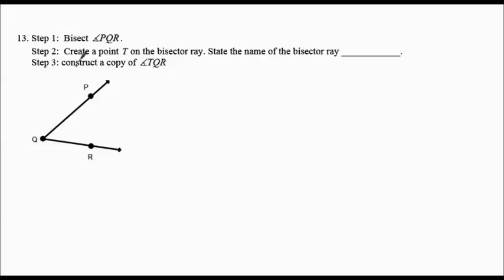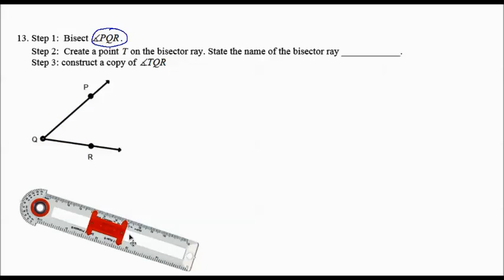In problem number 13, they're asking you to bisect angle PQR. So just remember that when you read the name of an angle, you follow the order of that first P, then Q, then R. That helps you identify the angle they're talking about. We're going to use our compass